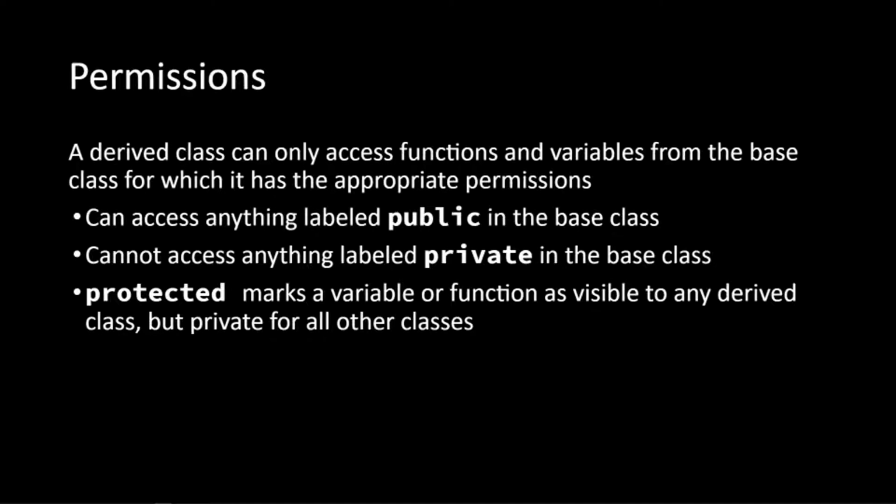However, sometimes you might want to have things that a new class inherits from a base class that are still sort of private to that new class and private to that base class, right? So what we can do for those is we call them protected. So protected marks a variable or function as visible to the class and any derived classes, but it is private for all other classes that do not inherit or derive from this particular base, right? So you'll see protected start to show up.